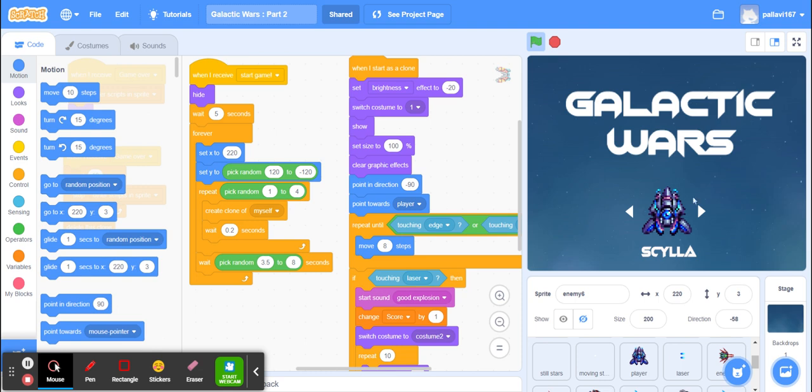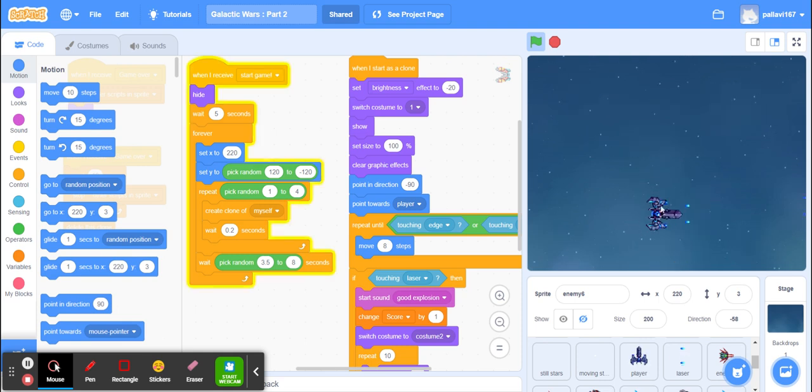Let me do a quick recap. This was done in the first part, where we created a slider to choose the spaceship. Once I click, I want the spaceship to appear against the background, and this is what is happening. It is also launching bullets, and each of these bullets